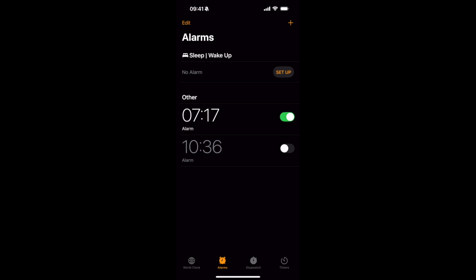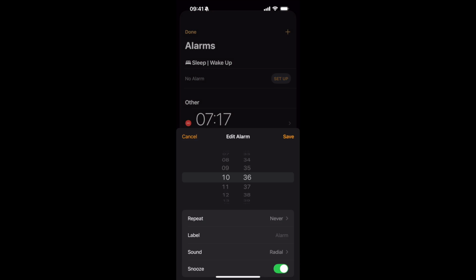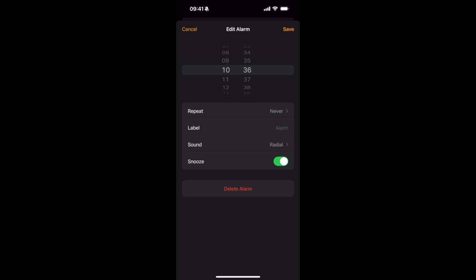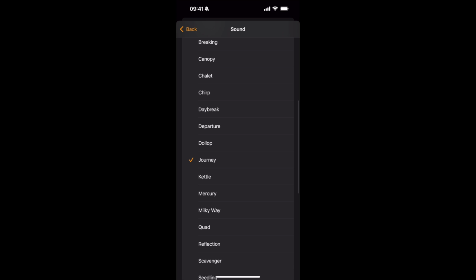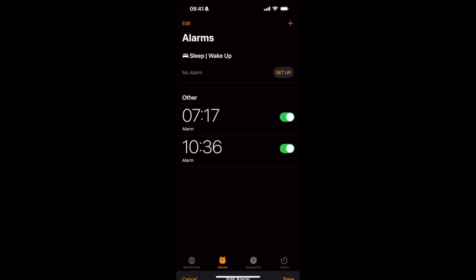Now, again, for the second, you need to do the same. So it is, I don't know what Apple wants. So again, go to sound, change it to whatever you want. Once done, tap on save. Now you can see the sound of both of the alarms is changed. So hope by doing so you will be able to change the